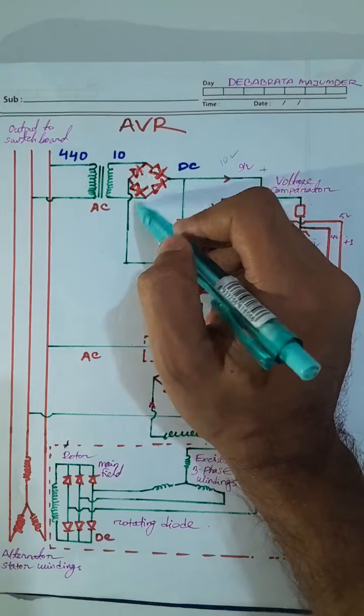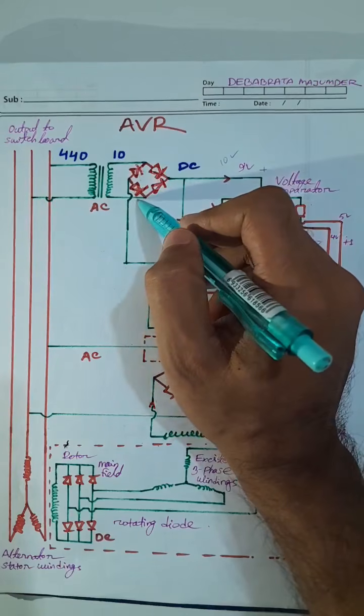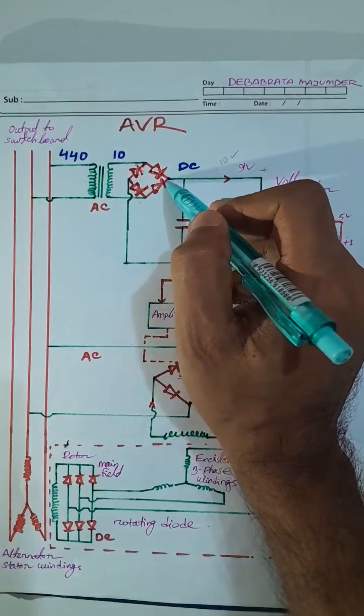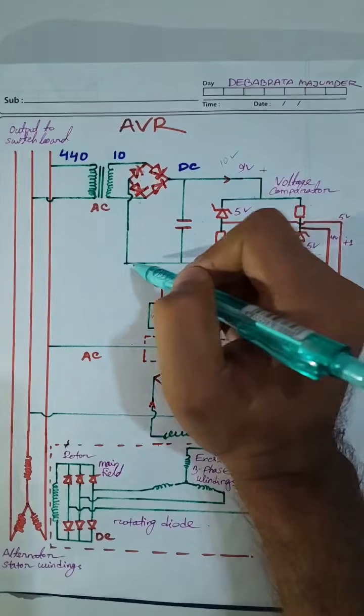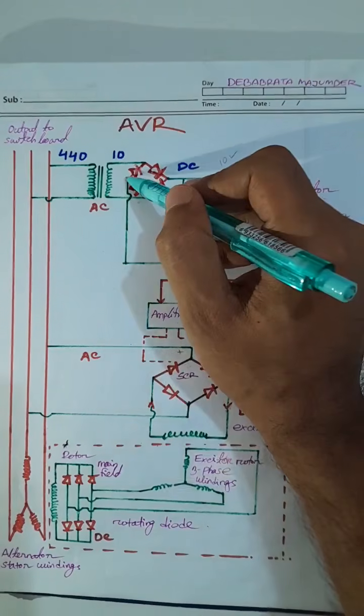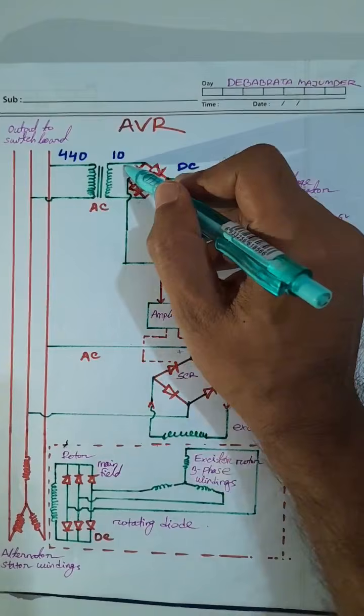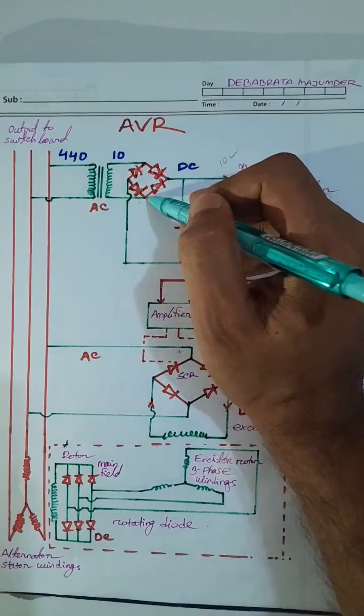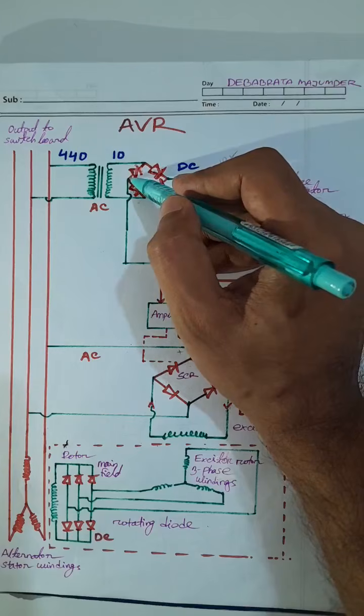If this is positive and this is negative, at that time the flow is in this path, to here, to this path. Now this time it will not flow this way, because in this case